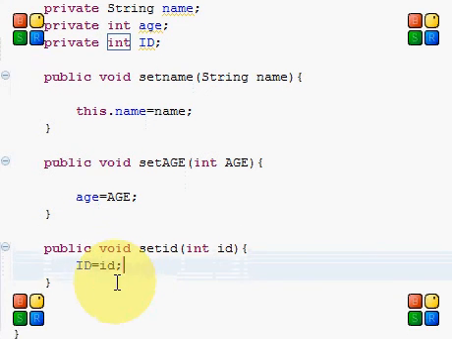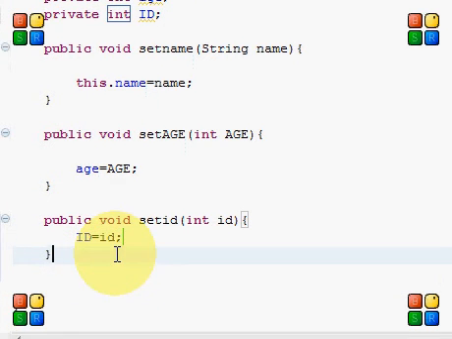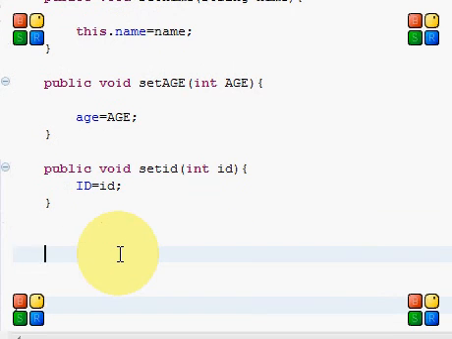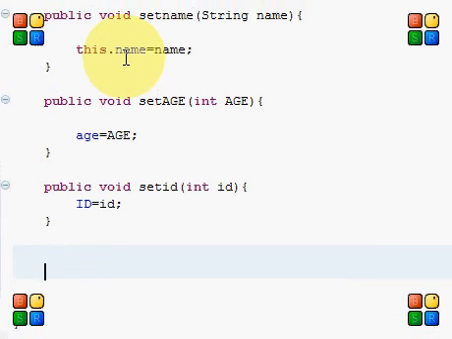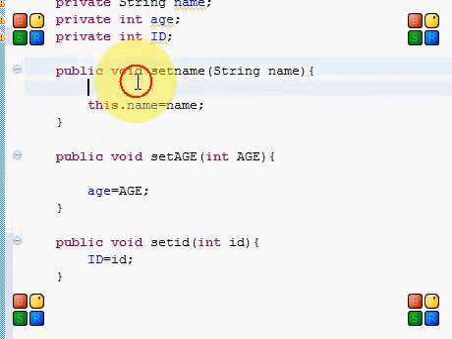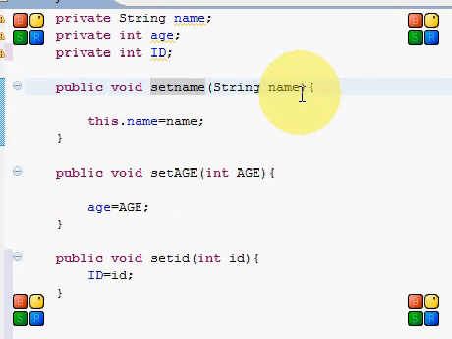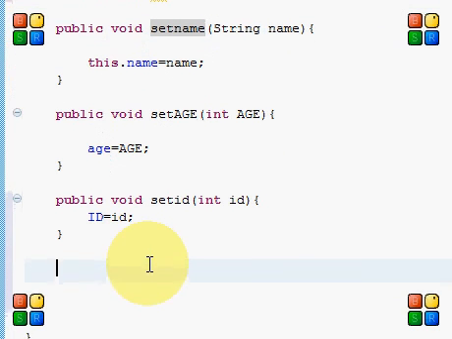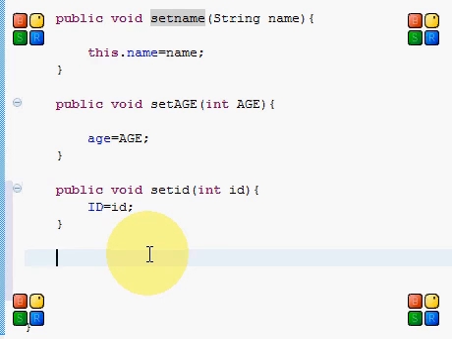Now what we have to do is we have made our set methods. So now let's complete our get methods. Our get method is basically returning the value. Here we have basically set the value, and what we set here will be returned by our get method. So let's write the 3 get methods for these. Public, I'll write one and show you. So